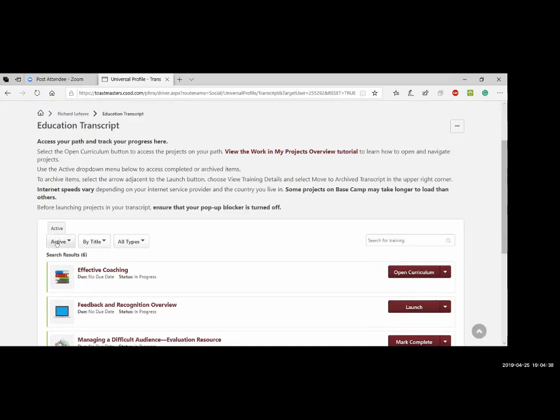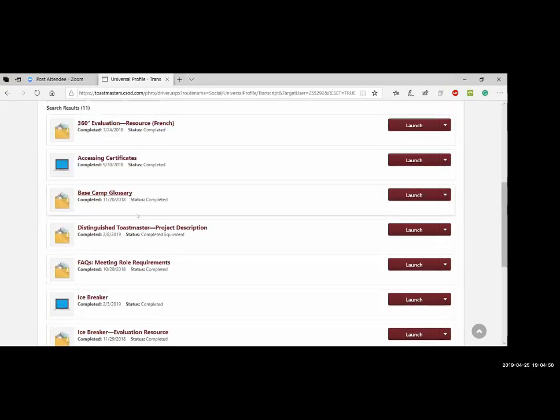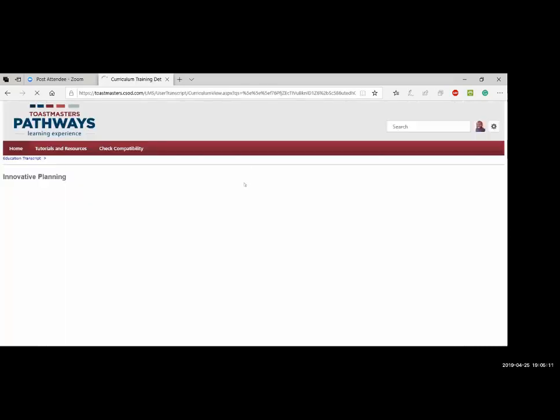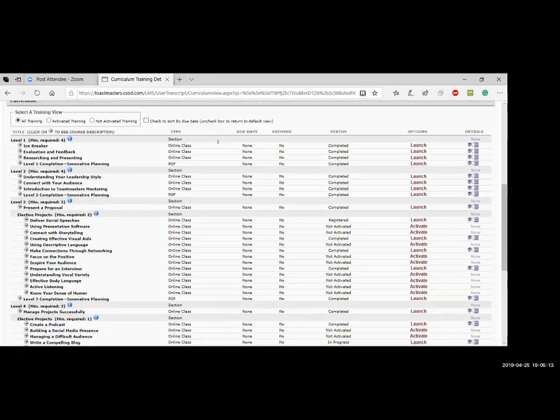Here, actives. That means all the projects that are active I didn't complete. If you click on the drop-down menu, you can click completed, and from there you will see all the educational or even the videos that you've watched already. Here you can see innovative planning. It's the first project, the first path that I completed, and then you can still have access to it and see all the